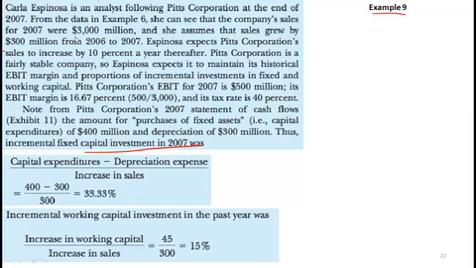So the company's sales for 2007 were 3,000 million. She assumes that the sales grew by 300 million from 2006 to 2010, so sales went up by 10%. So Espinosa expects Pitts Corporation sales to increase by 10% a year. She's just making a simplistic assumption. It's a fairly stable company, so she expects it to maintain its historical EBIT margin and proportion of incremental investment in fixed and working capital. So if the EBIT for 2007 is 500 million,